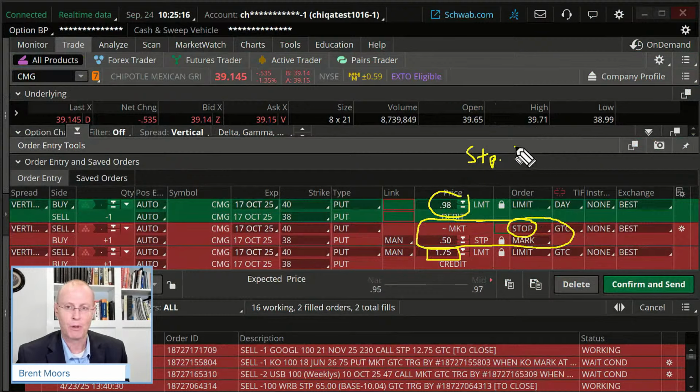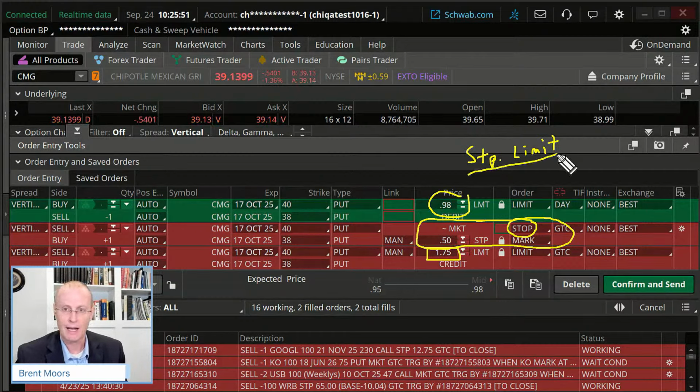If a stop limit is hit, once the stop price is hit or below, it's going to turn into a limit price. And the limit price is going to restrict how low we're willing to sell it for. You certainly can do that. Keep in mind, with the stop, the price isn't guaranteed. Instead of 50 cents, it could sell maybe at 40 cents or 30 cents. We don't know what price it's going to sell at.